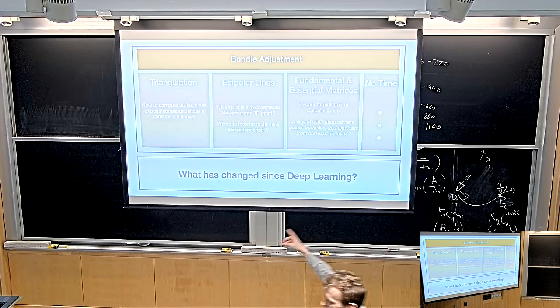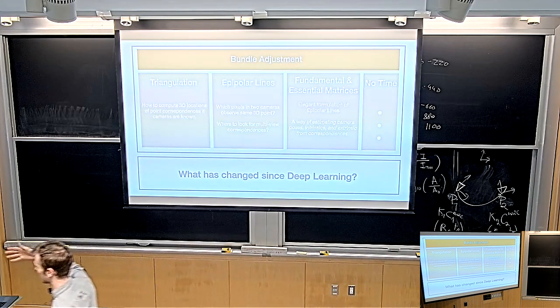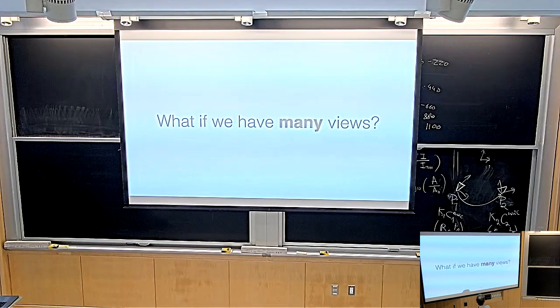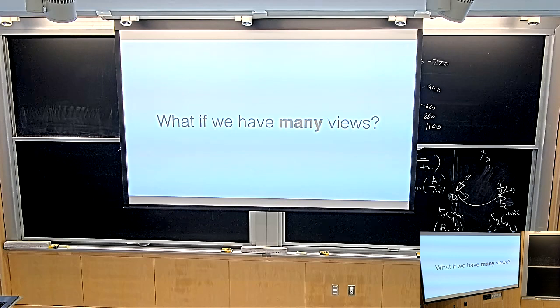But now this is how you actually get camera positions today and in the real world. This is how everyone does it, with bundle adjustment. And the idea of bundle adjustment is, what if we in fact have lots of views? So far, we've always looked at these stereo systems. Imagine I have 1 million, okay, maybe not, like 1,000 camera pictures of some 3D scene, and I want to reconstruct the 3D scene. And this is a very common case, in fact.